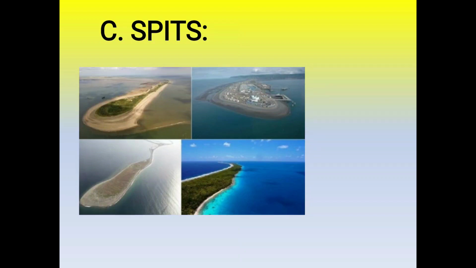The next feature formed by sea wave deposition is spits. Spits form as when one is chewing betel nut or tobacco and spits out with great force, the juice comes out. In the same way, this spit deposition is there. Spits are narrow ridges made out of deposition of sand or shingle or both. Such features may lie parallel to the coast.